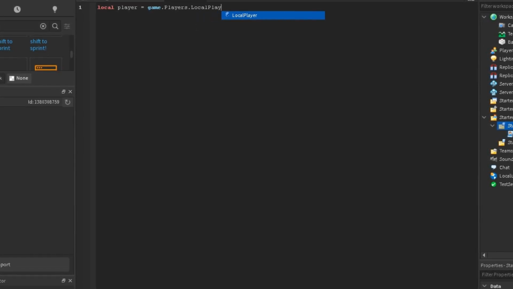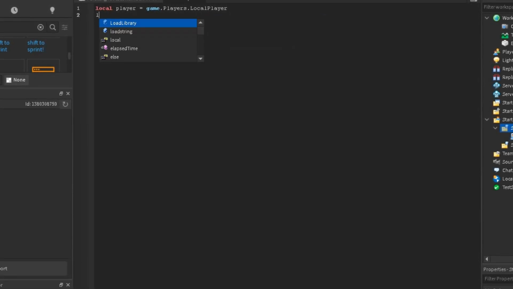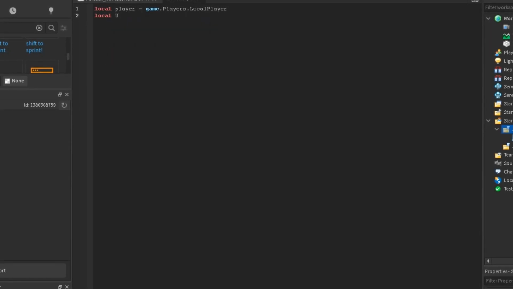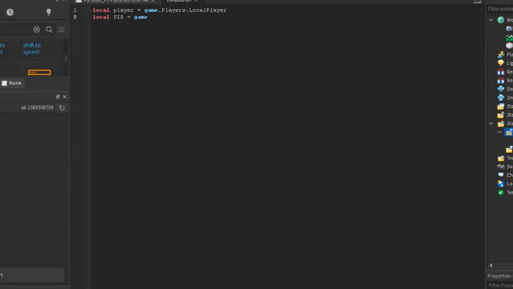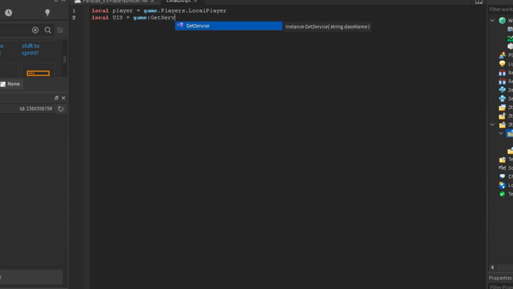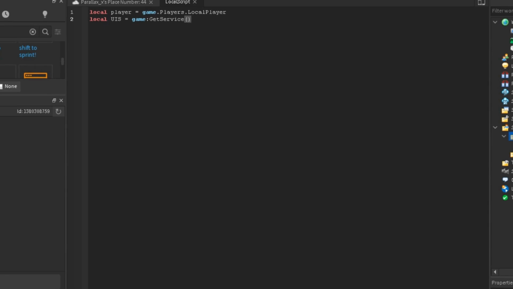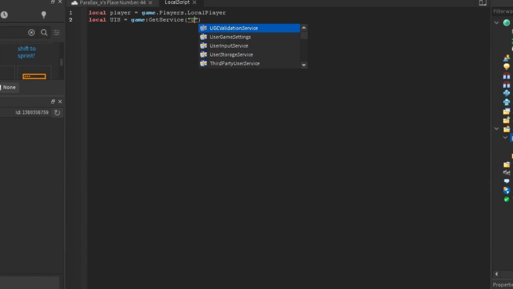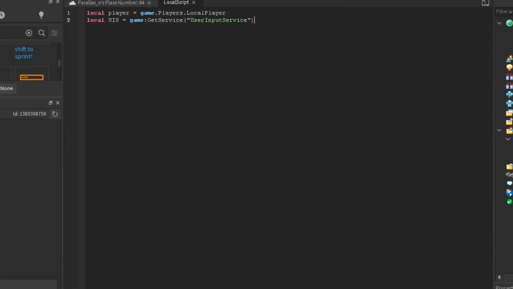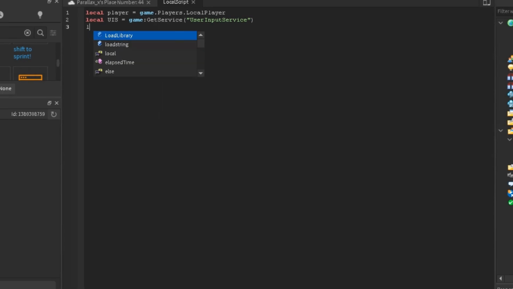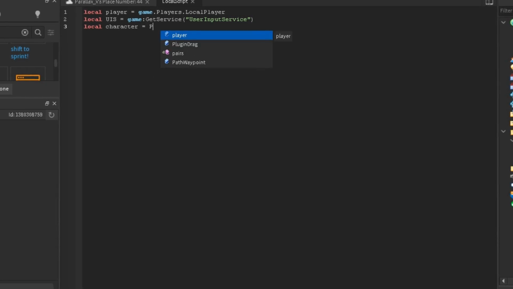So it finds the player that the script is being run on, so your character basically, or anyone that plays your game. Local UIS, which is a game service which lets you see what people type in on their keyboard. So game get service, and then in quotations user input service, and then in bracket, and then local character equals player